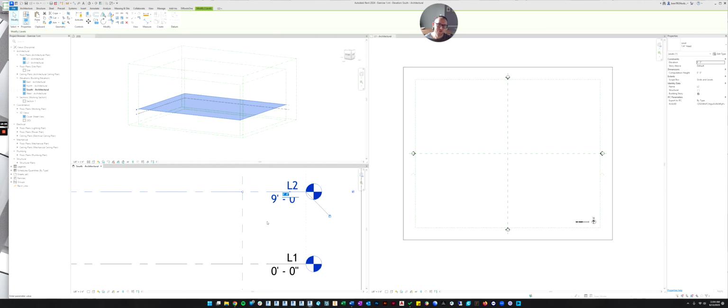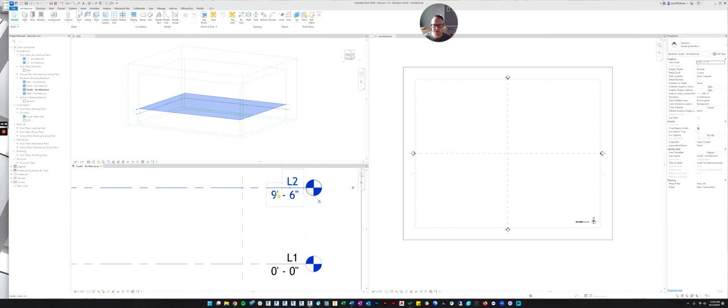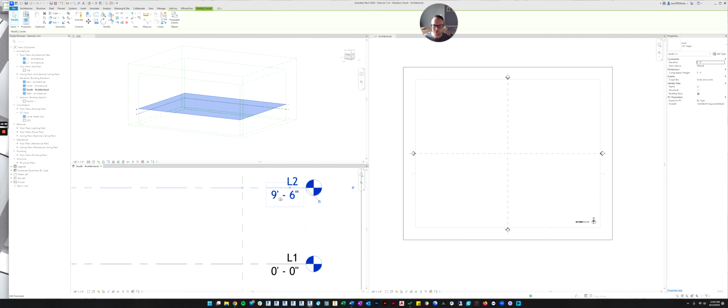Let's just for fun, let's make it 9'6". So we'll click on the line and then we'll click on the dimension. And so you could either highlight that and put 6 in and then hit enter, and now it puts it at 9'6". Or if you wanted to start from scratch, you could put 9 and then use the apostrophe symbol to be 9 feet. And then if you hit the space bar and put 6, and then you do the quotation symbol and then hit enter, it'll do 9'6".